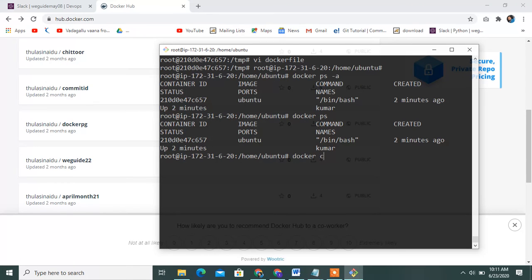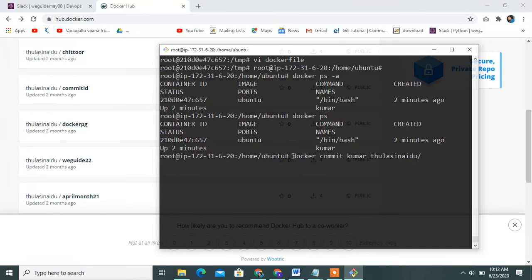How to push the image? Please observe carefully, guys. Docker commit, container name is Kumar, and Tulasi Naidu / image name.